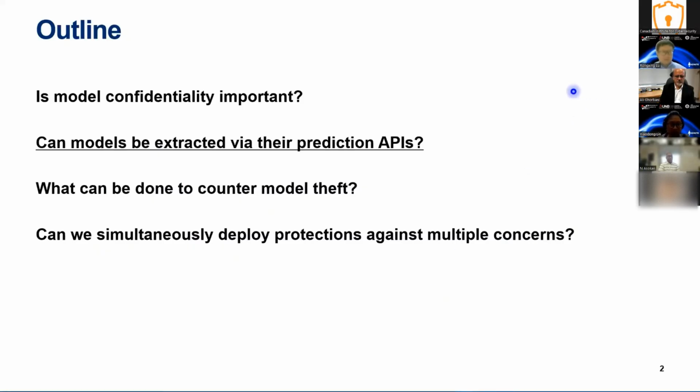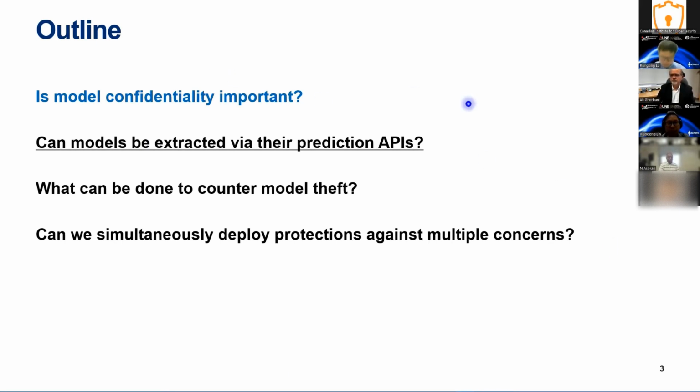So my outline of the talk is going to be, first I'll try to tell you a little bit about model confidentiality. That's the subject of today's talk. And try to say why model confidentiality is important. And then the bulk of the talk I will spend on explaining what model extraction is and how feasible model extraction is. And then towards the end of the talk, I'll discuss some ways in which model theft can be countered. And if we have time, I'll talk about the concern of simultaneously deploying defenses against different concerns, not just model extraction, but other concerns as well. So let's start with